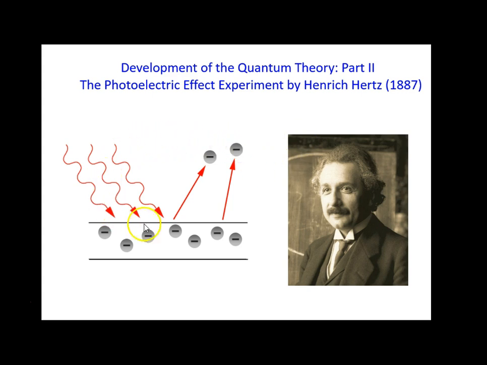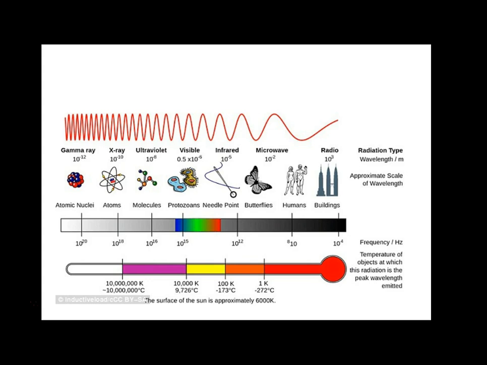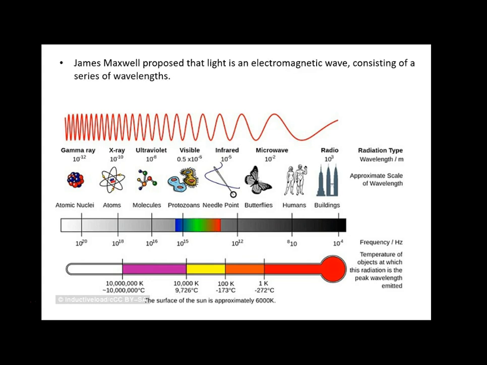The diagram on the left shows an illustration of how, when light strikes a metal, electrons can be ejected and current can be produced. This photoelectric effect was interpreted years later by Albert Einstein, shown here on the right-hand side. So everything starts with the work of James Maxwell when he proposed that all electromagnetic waves consist of a